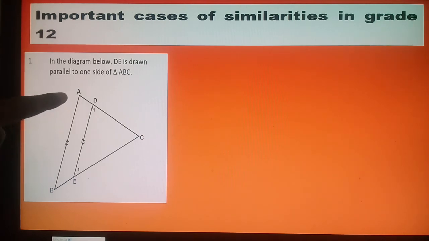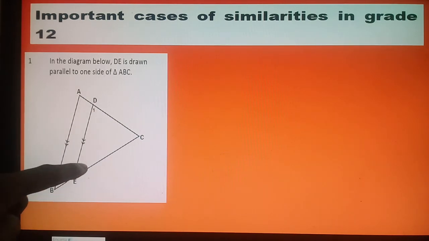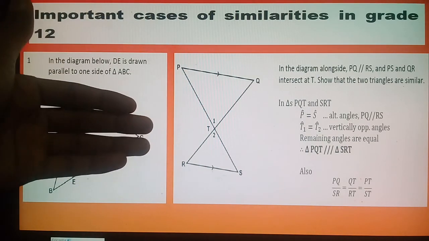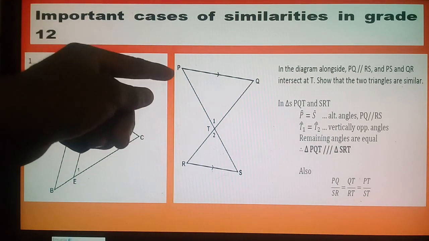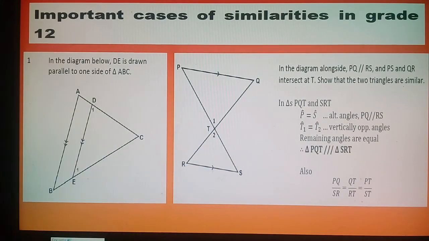In this triangle I have that angle, and here I have that angle, and this one is a common angle. That's why I can say triangle ABC is similar to triangle DEC. Case number 1. Number 2: if I have triangles that are similar, in this case I'm looking at triangle PTQ similar to triangle RST. How? You have to see that